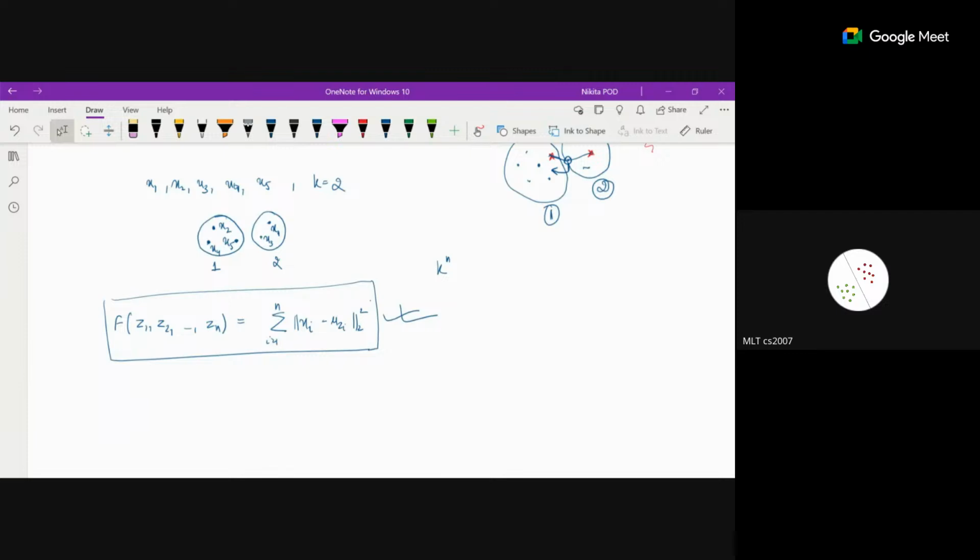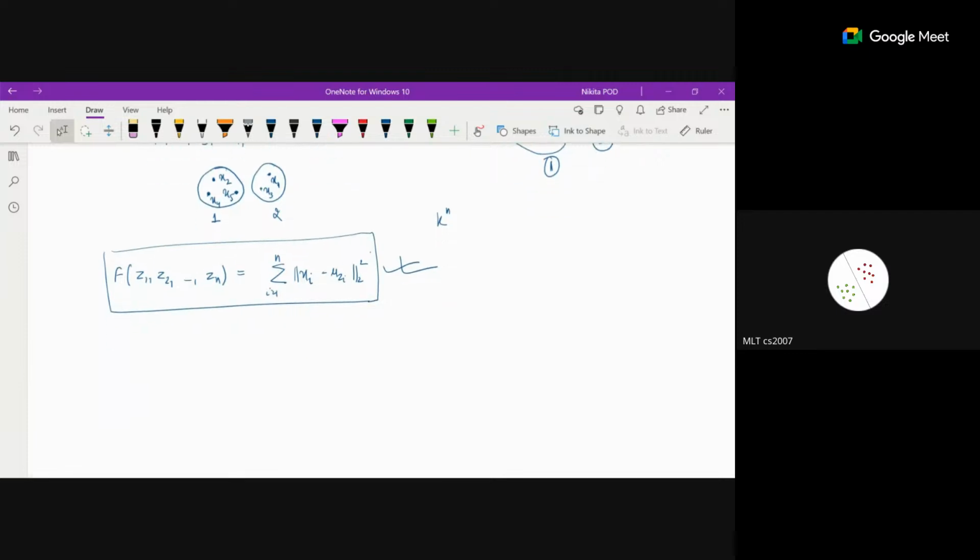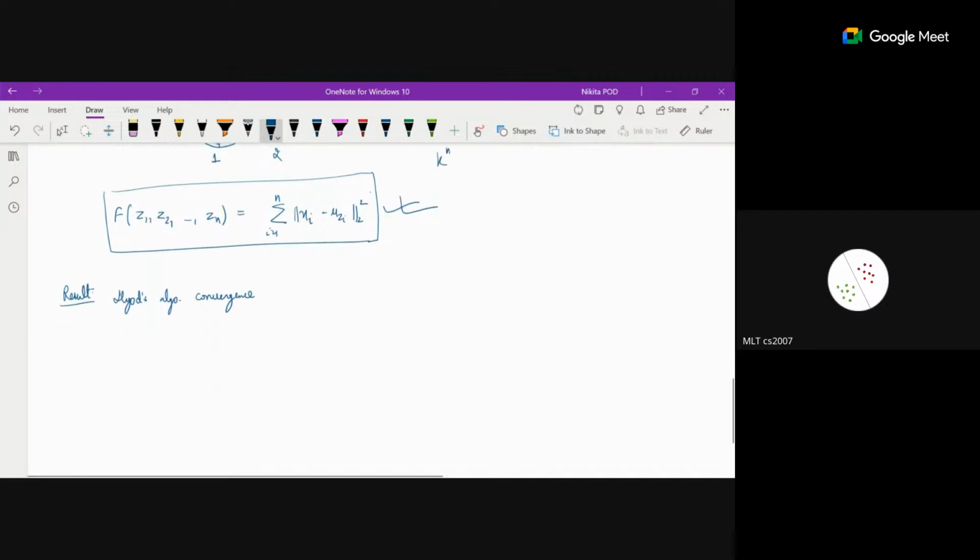Yeah. So this is one result. The result is that Lloyd's algorithm converges. When we say that Lloyd's algorithm converges, it means that the value of this objective at every subsequent iteration should be decreasing, and that happens when you